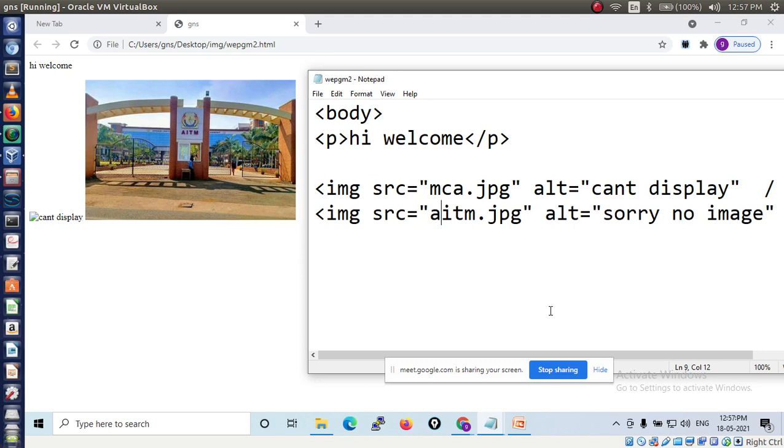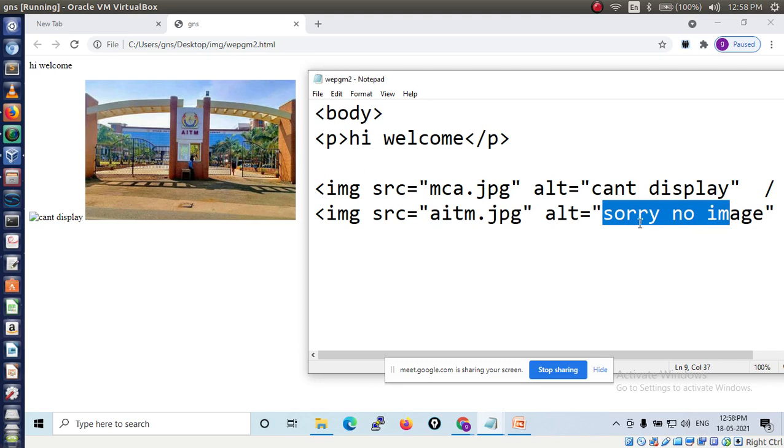Okay, you are finding it difficult to tell which image is displayed, right? All of you read the alert message. Okay, the second image is displayed, because we are not getting "sorry, no image". Instead of the alert message we are getting the image.